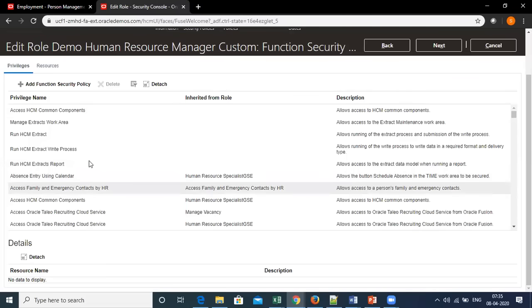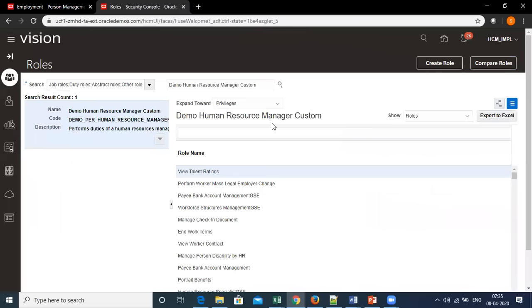So this is how you need to work out. This is how you need to make a practice. When you copy the top role, you need to remove the privileges which you don't want from the inherited role.